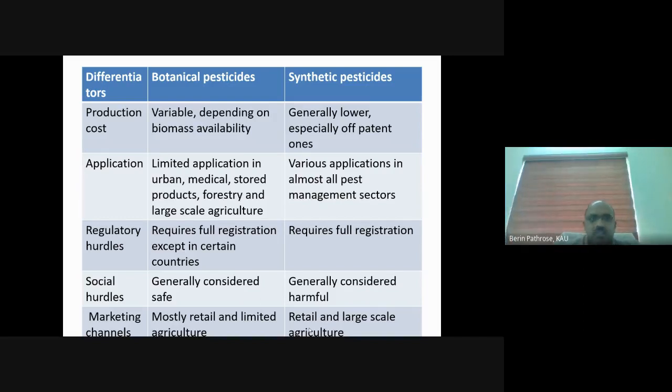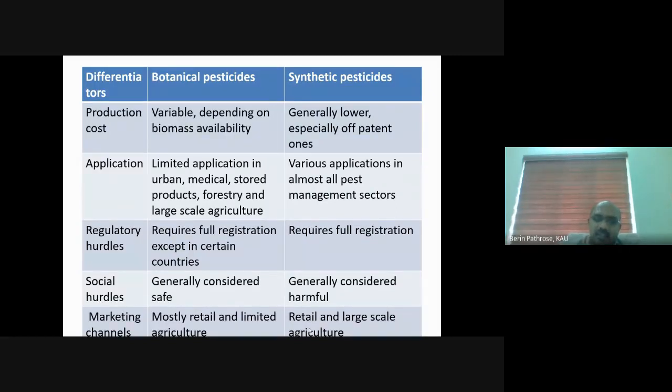So the cost is extremely low for synthetic pesticides. Patented molecules, the cost is extremely high, say chlorantraniliprole, flubendiamide, etc. The cost is high. But off-patent molecules, the cost is extremely low. And in the case of application of these synthetic pesticides, it is used in all sectors,